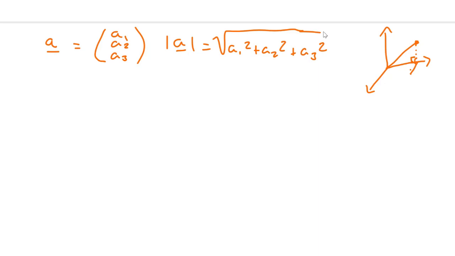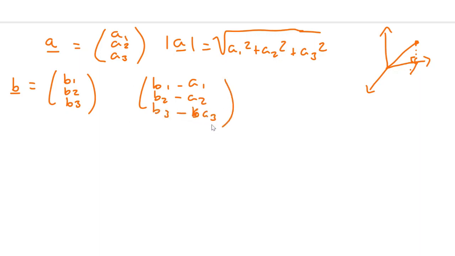That leads us on to finding the distance between 2 points. So say we have another point B, and B has components B1, B2, B3, and we want to find the distance between the position vector B and the position vector A. Well, what do we have to do? We have to find a vector between A and B. So that vector would be B minus A, as we looked at in the last video. So the vector between A and B is given as such,